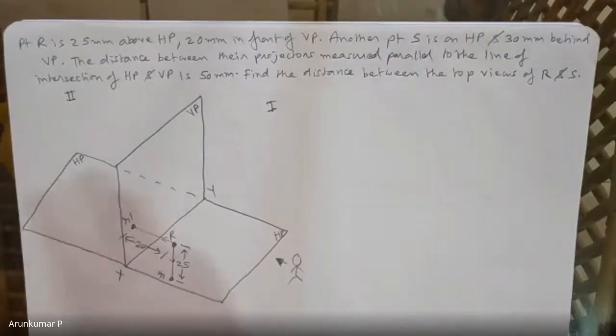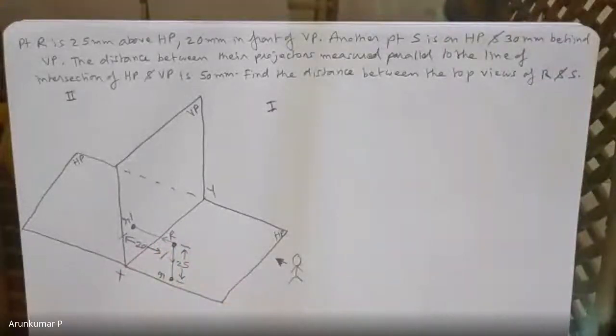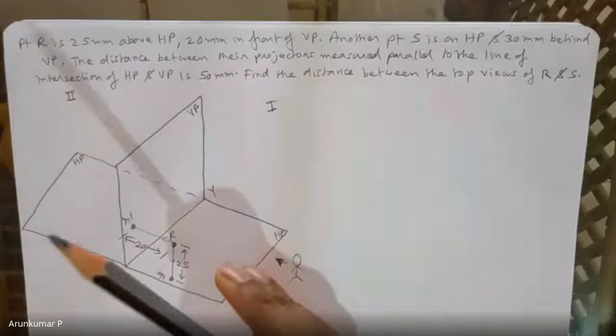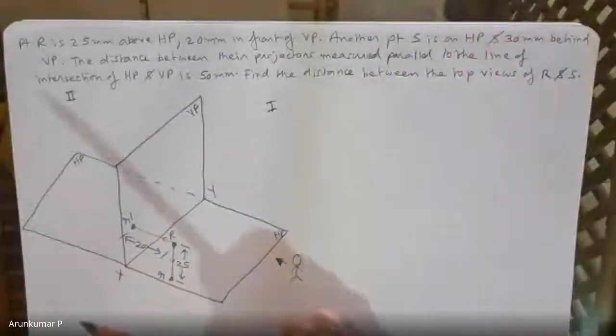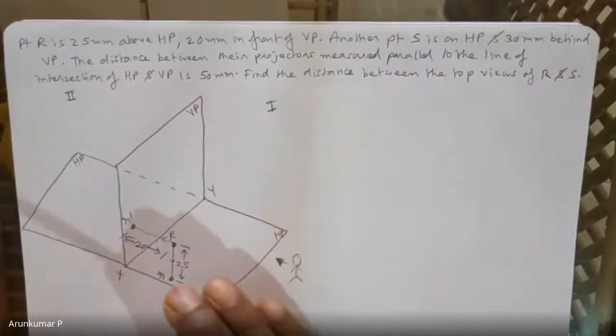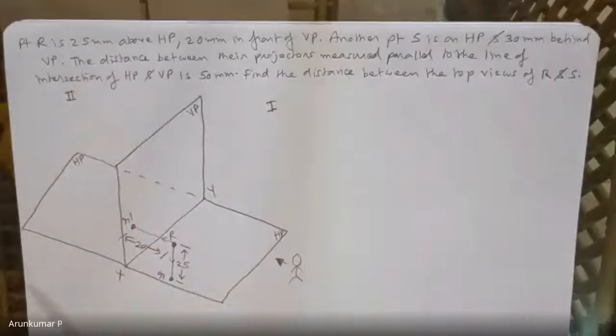Okay. Now, please observe, I have drawn the point R on the left side because there are 2 points. So drawing it together will not help. It will increase the complexity. That is why I have drawn point R to the left. You can draw point R to the right side also, to the extreme right also you can draw. Absolutely no problem. This is how I would solve this problem. So that is why I have drawn it.